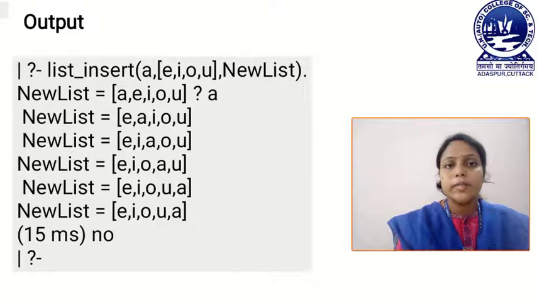Then we press semicolon to show all possible combinations of inserting A in any position of our list. The rest of the new list values show the possible combinations of inserting the element A in different positions of our list.